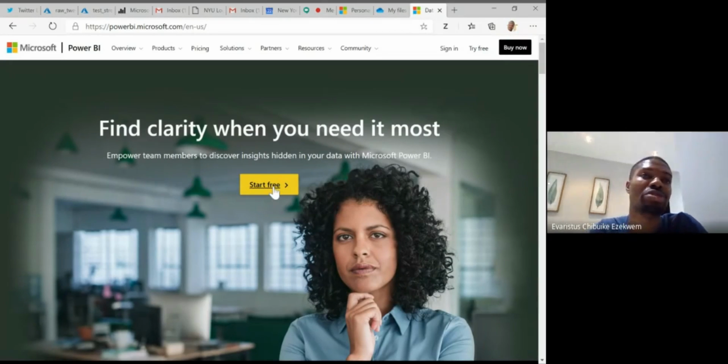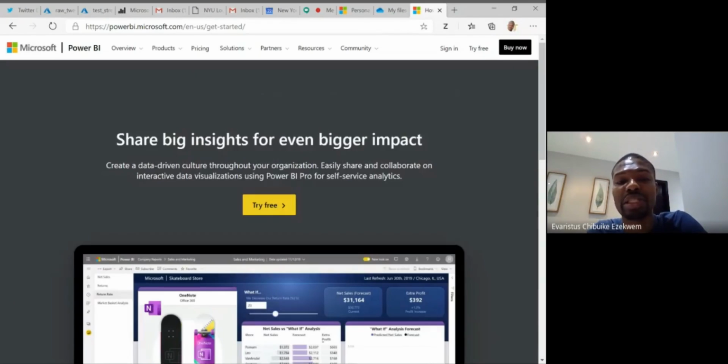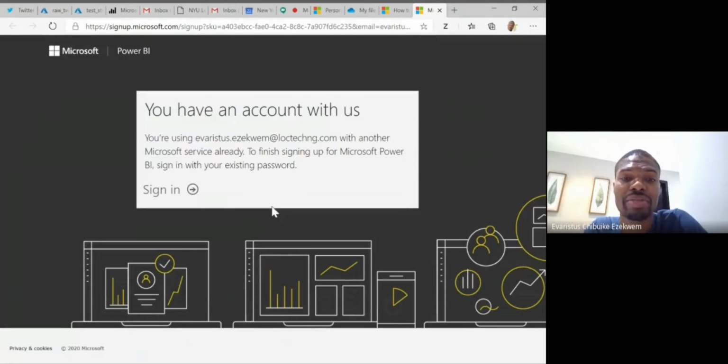It needs you to sign up using a custom email address. You can't get Power BI using your regular Gmail or Yahoo Mail because it's designed for business. So if you have your school email or your business email, whatever email it is, you can create an account